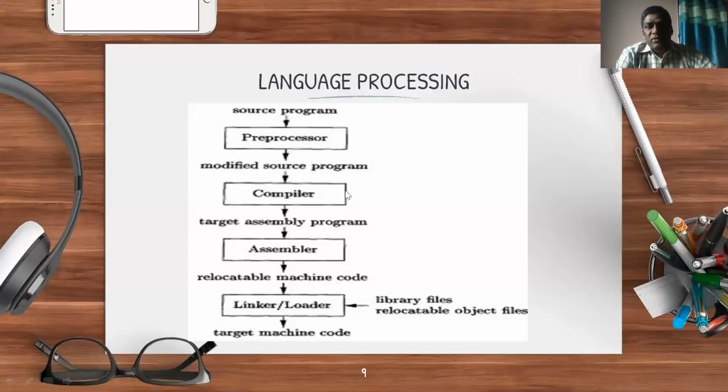And during this process, the compiler may produce error messages also, as we discussed earlier. Assume that there are no errors. The compiler successfully translated your modified source program into a target assembly program. Now, internally, the assembler comes with the compiler itself. Therefore, it takes the target assembly program and converts it into relocatable machine code. So that's the job of the assembler.